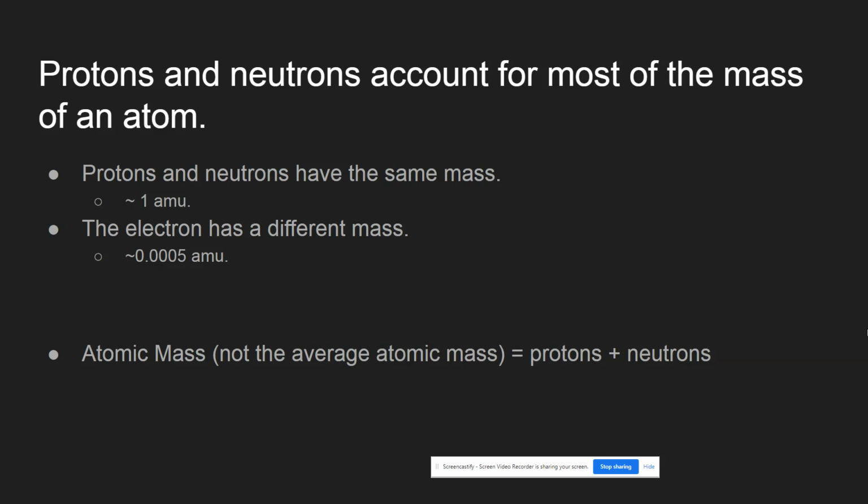Well, let's think about it. We learned in the last lesson that protons and neutrons are the most massive particles. They're roughly about the same size, okay? They're way more massive than an electron. And the protons and neutrons are found inside of the nucleus. So remember,